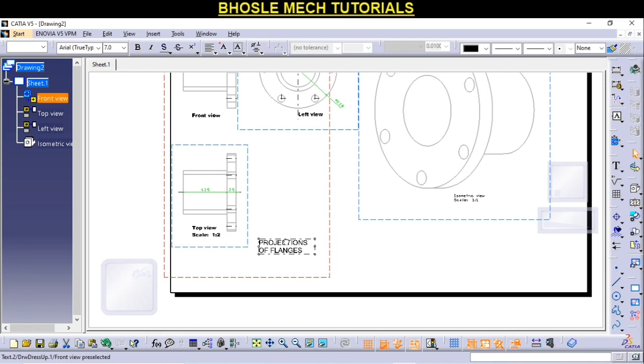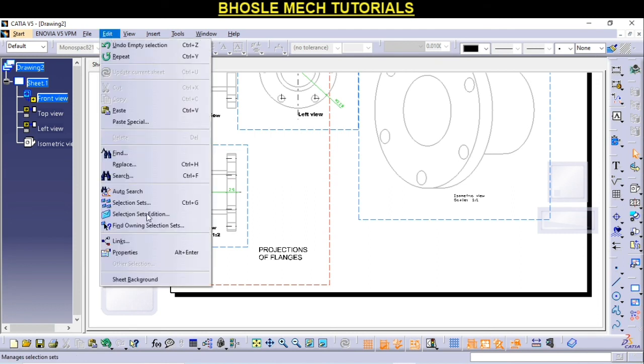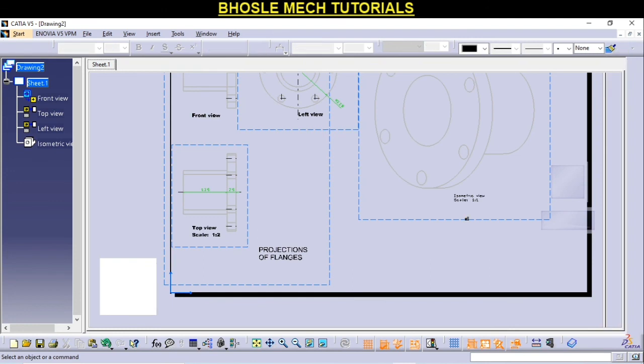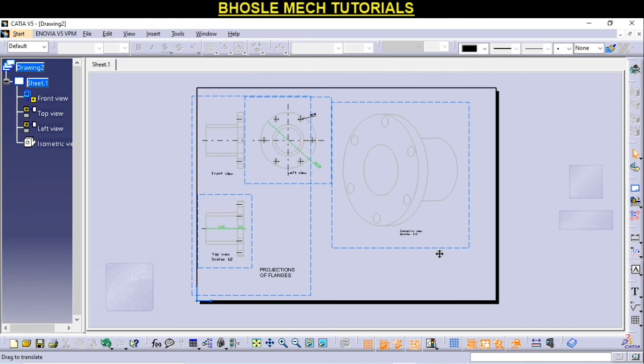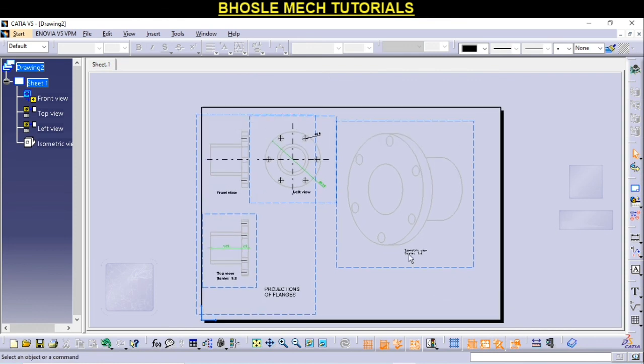After that, for the sheet, go for Edit and Sheet Background. Here you can edit the sheet background according to your needs. Wait a minute, the page is loading.